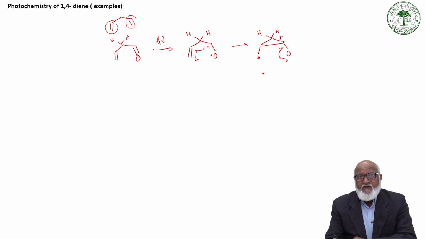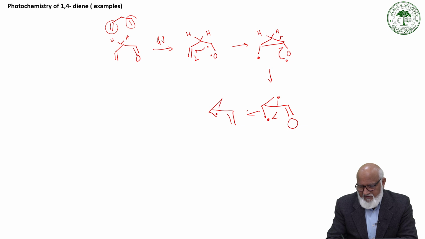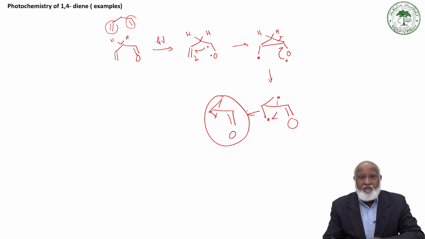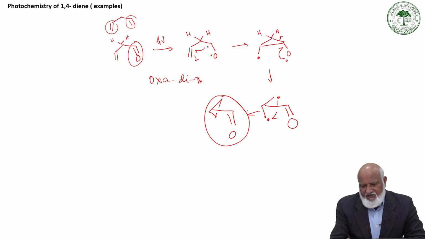transformation, which will lead to opening of this radical, converting this to carbonyl once again, a diradical like this, and this will combine to give a vinyl cyclopropyl carbonyl group. A similar rearrangement has been observed when one pi bond is substituted by a carbonyl, and this rearrangement we call the oxa-di-pi-methane rearrangement.